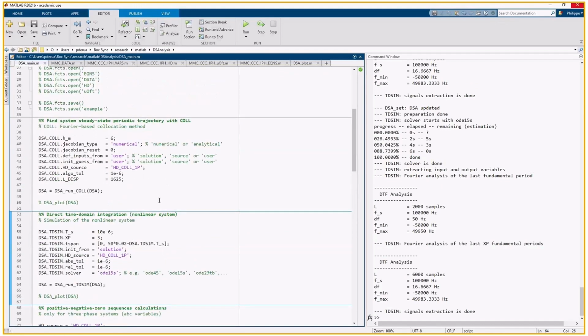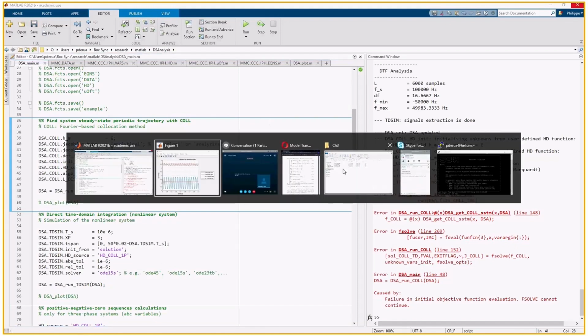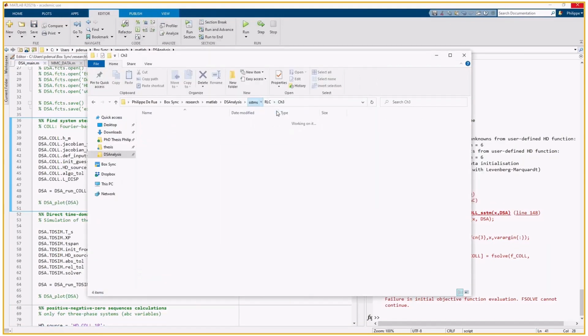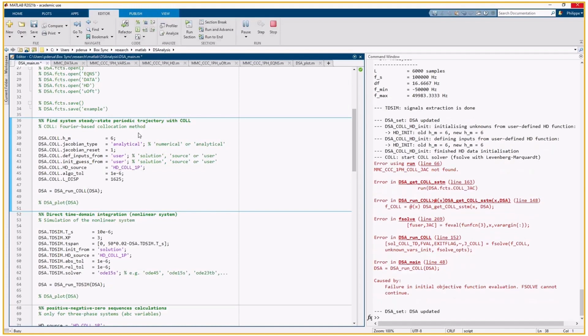One thing that I can mention is that we can run the collocation method not only with the numerical Jacobian, but also with the analytical Jacobian. Let's try to run this. It will not work. The reason is that before using an analytical Jacobian, you need to create the file. So let's have a look here first. MMC, single phase. We have the 4 files that are created by the user. Now if I reset the Jacobian and specifically request an analytical Jacobian, I run this code,